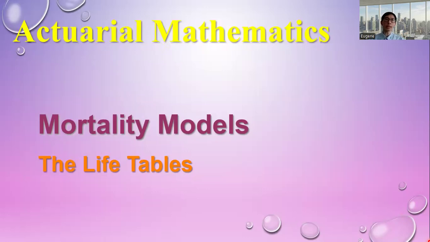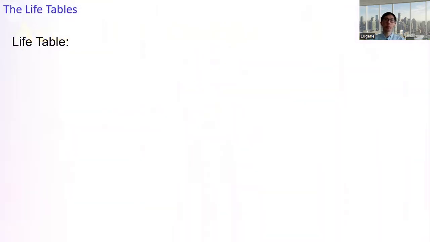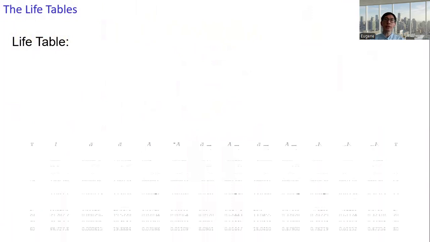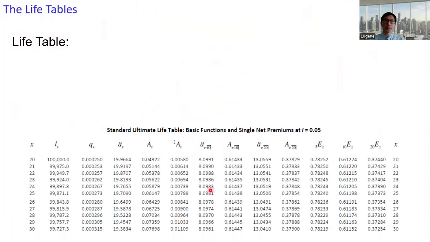Hello, everyone. Starting from this video, we will relate the actuarial functions of the mortality models with the life table. A table given in the SOA exam looks like this. We only need the first three columns in this section. From this, you can see that the life table provides information regarding the mortality of individuals at integral ages.